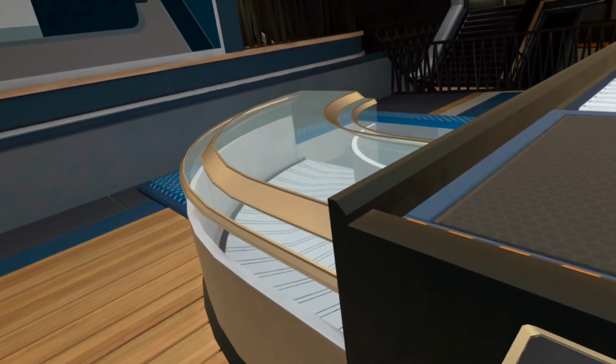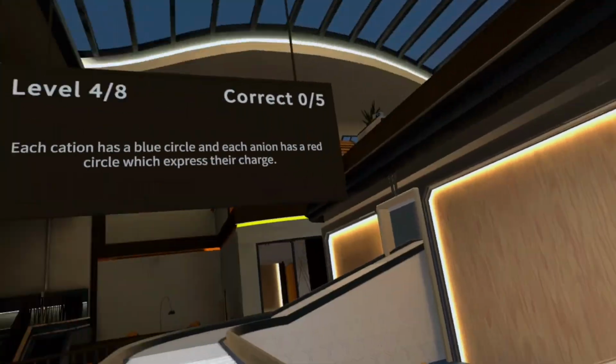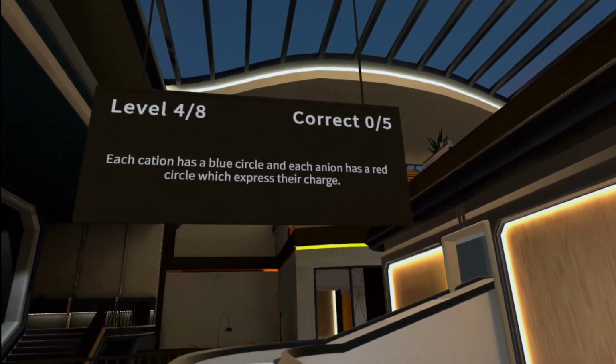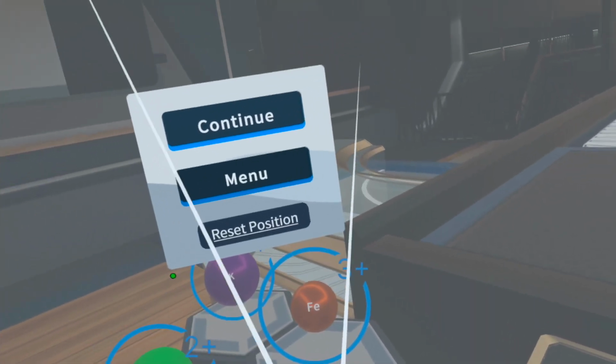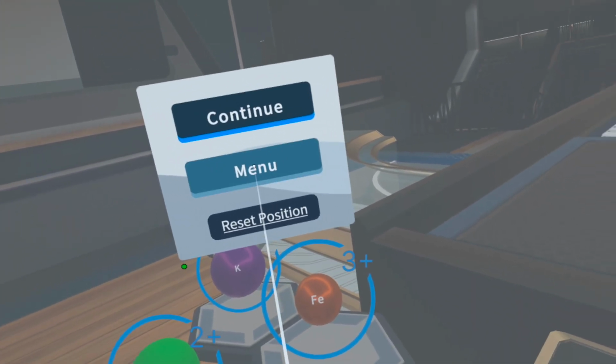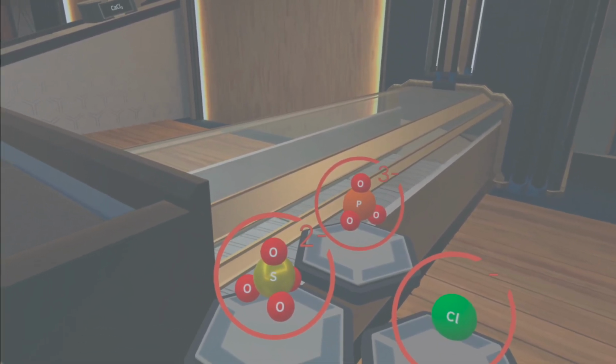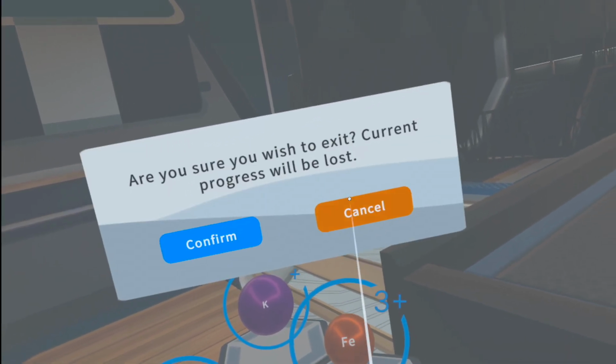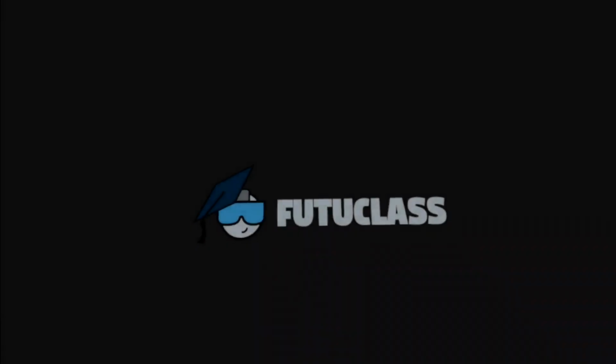Each cation has a blue circle, and each anion has a red circle, which express their charge. The charges of cations and anions in a salt must add up to 0. Place the correct number of cations and anions into the